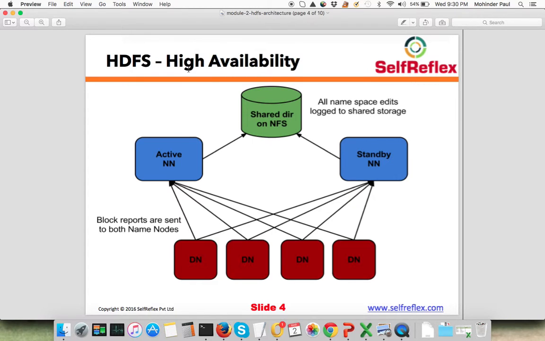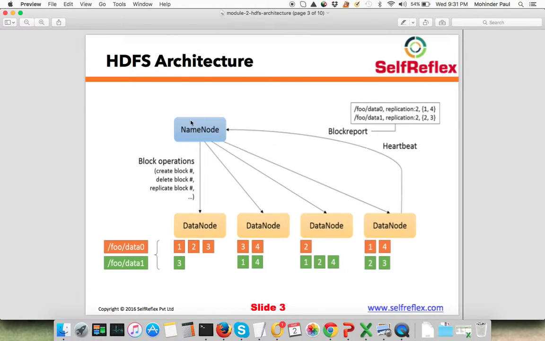So in Hadoop 2.0, they have introduced high availability. What happened was in Hadoop 1.0, name node was a single point of failure in the system. We have already talked about how Hadoop handles failure of data nodes. So in this case, even if this data node fails, your data is still safe. But as we said, name node maintains all the metadata in memory, right? If your name node fails, you lose your data because now you don't know how to create your files back from these blocks. So in Hadoop 1.0, name node was a single point of failure.